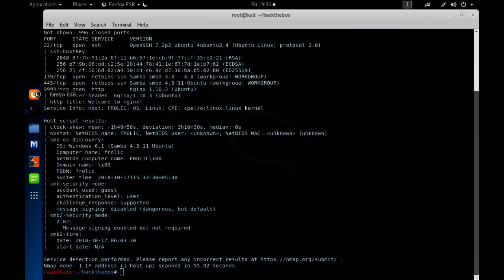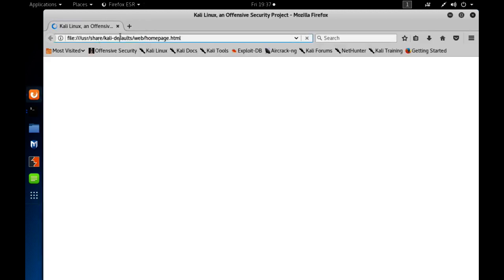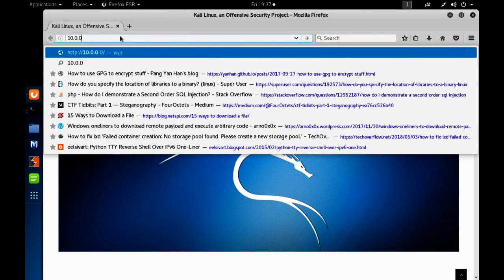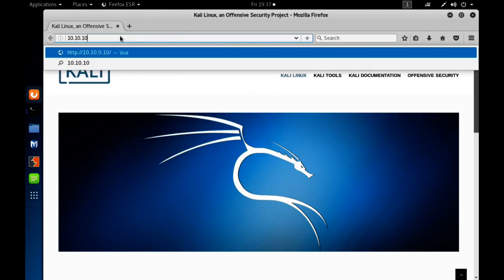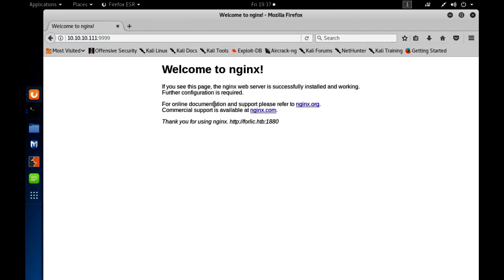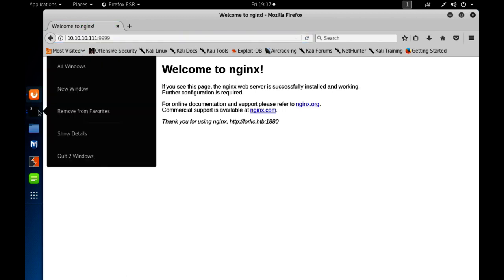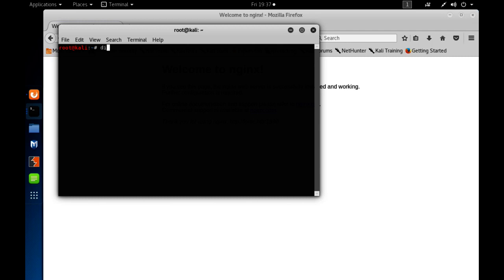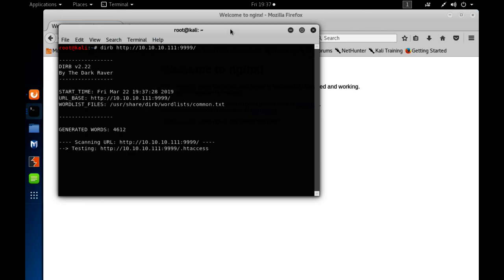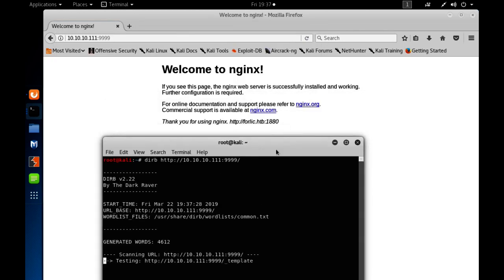So the first thing I did on this box was to go straight away to the HTTP service running Nginx. So 10.10.10.111 on port 9999, and we get this welcome page. So straight away I threw this into dirb to enumerate common web directories and files on this box. While that is running, we can have a quick look at the